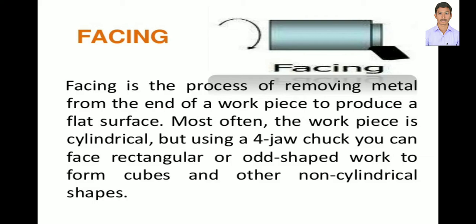Suppose we are taking one raw material; the raw material should be converted into a shaft of the product. In that shaft, the surfaces and faces may have irregular shapes and irregular positions, and these should be removed. So in the facing process, that is how we get the required amount of shaft.